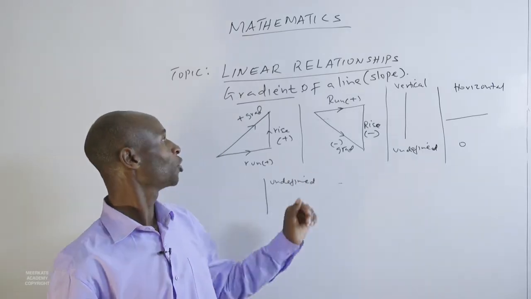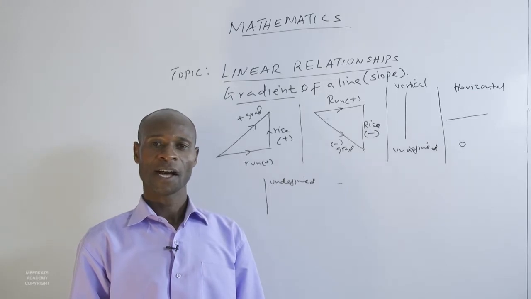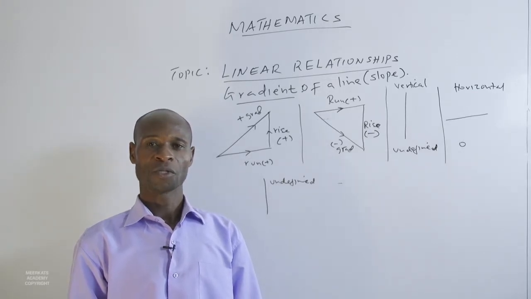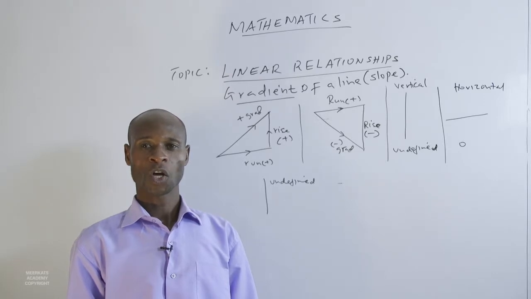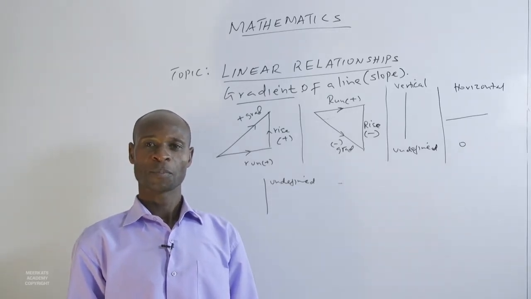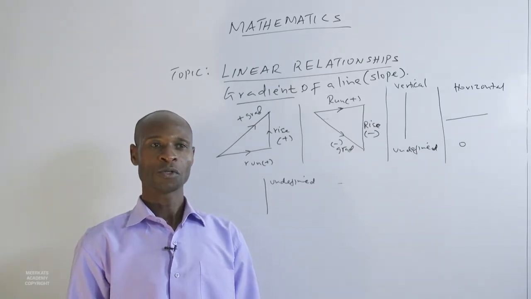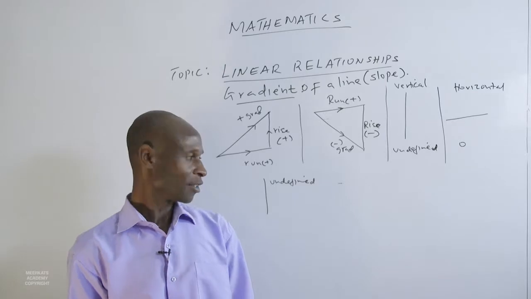Involving linear relationships. In our previous lesson, we discussed how you can find the equation of straight lines. In today's lesson, we want to use that concept of equation of straight lines to determine the gradient of the straight line. You may remember that we expressed the equation of the straight line in the form y is equal to mx plus c. That is,